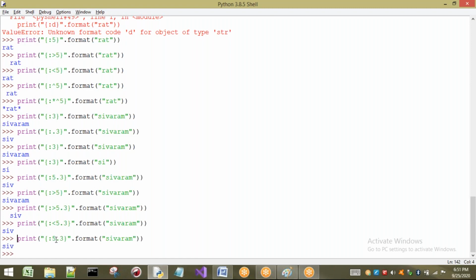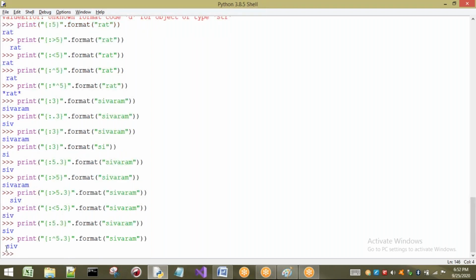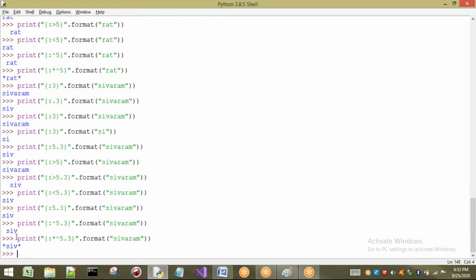Now the last one I want to take is center alignment. That is the cap symbol I want to use. So see, total are 5: 1, 2, 3, 4, 5. If I press one more right side, it will go to the next line. Okay, sir, why spaces? I want to insert some symbol, so I can do that by just writing whatever symbol you want here. Those spaces are going to be arranged with stars.